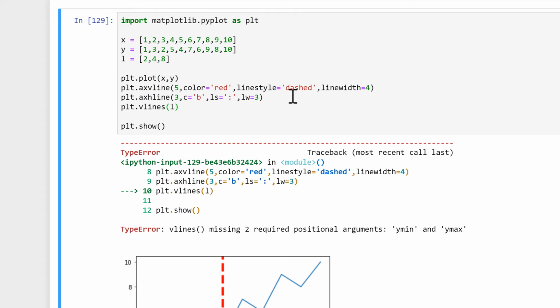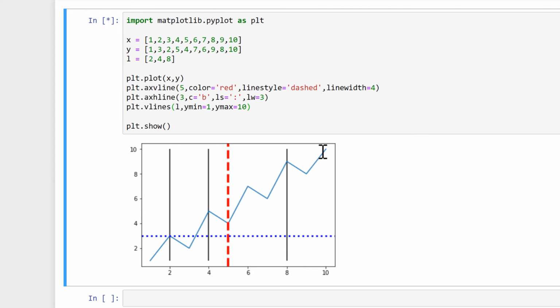Now this isn't going to work because vlines requires 2 arguments, y minimum and y maximum. So I will make the y minimum equal to 1 and the y maximum equal to 10. And now we have 3 vertical lines at 2, 4 and 8 on the x-axis, going from 1 to 10